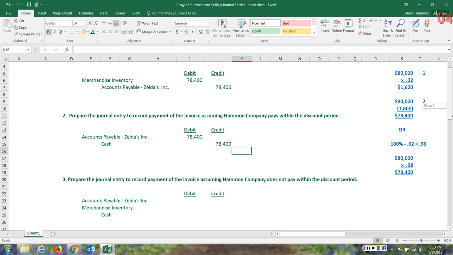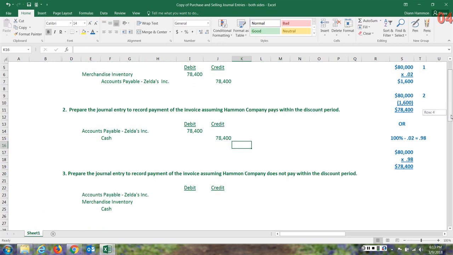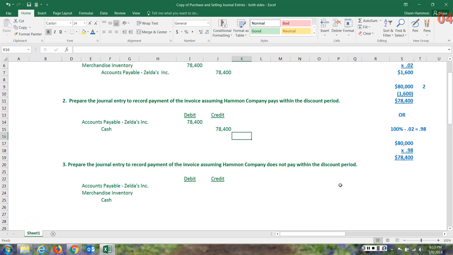So all of our accounting matches up just like we expect it to. And then step 3. So let's assume now that the company, Hammond Company, does not pay within the discount period. What do we need to do here? Well, we're still going to remove that accounts payable that we have on the books at $78,400. But now we need to write a check back for the full $80,000. We did not earn the discount in this case, so we're going to have to send the check for the